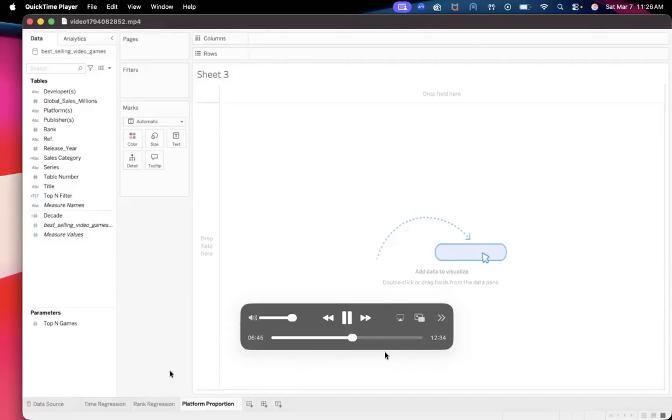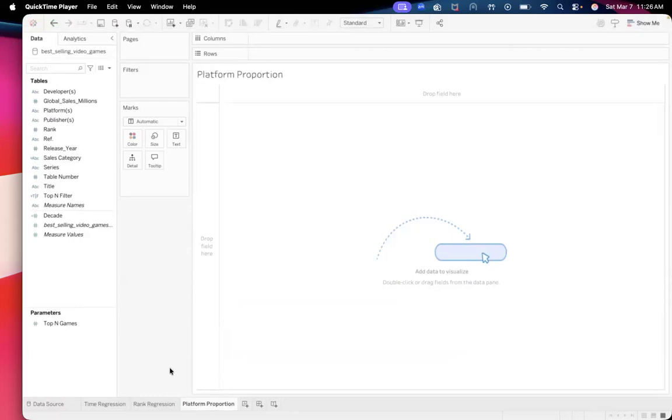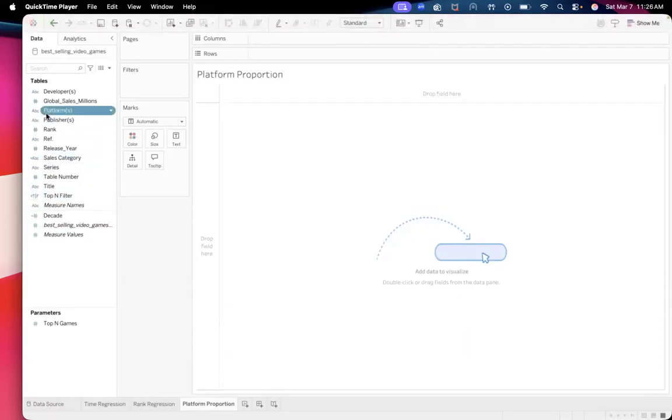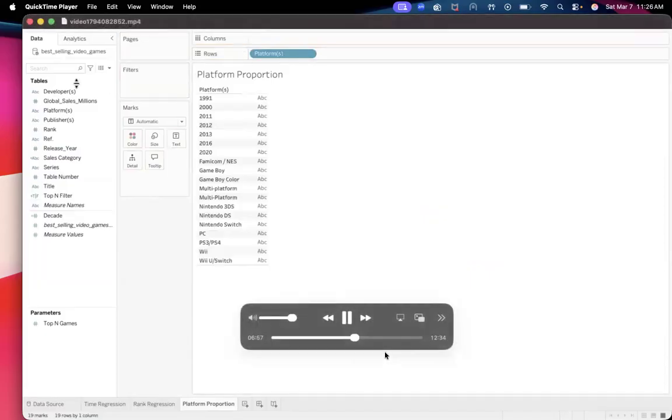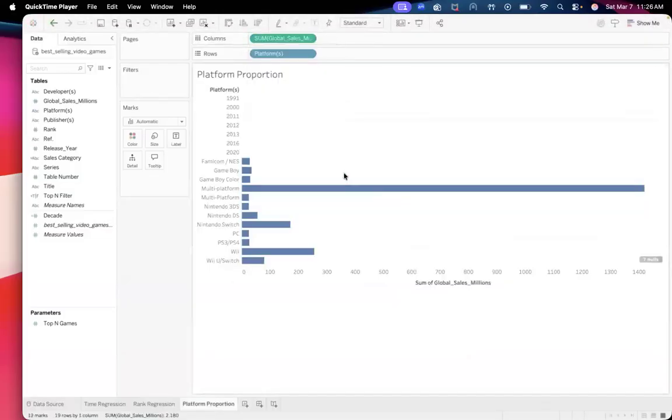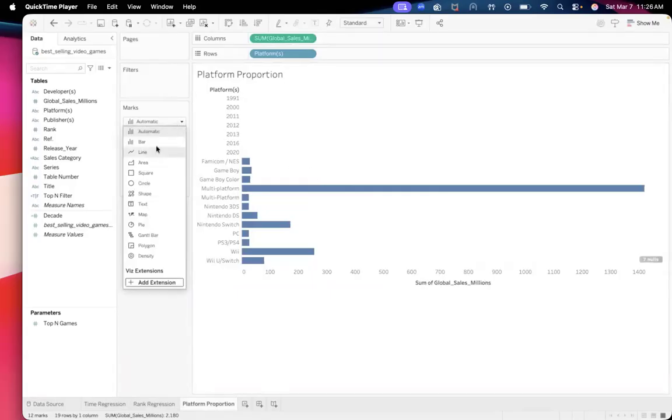Now we're going to build the platform proportion view, and we start by creating a new sheet and naming it platform proportion. Then we drag the platform dimension to the row shelf, which will list each platform vertically, and we drag the global sales to the column shelf, making sure that it's aggregated as a sum. Right away, we can see a horizontal bar